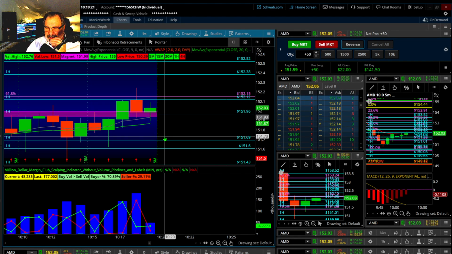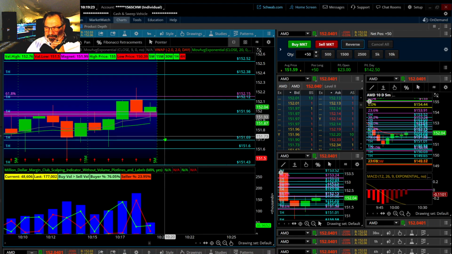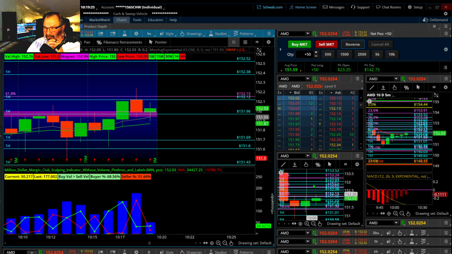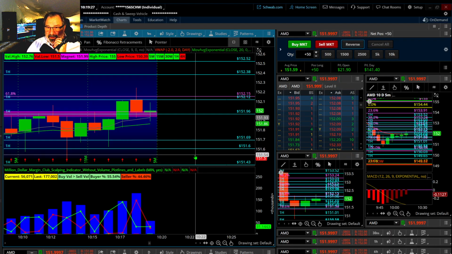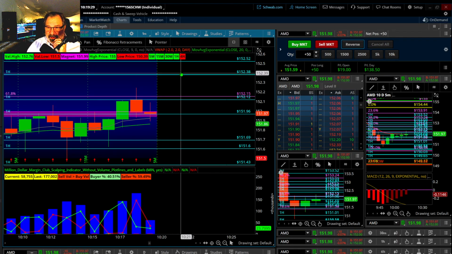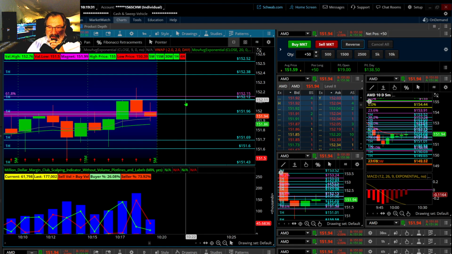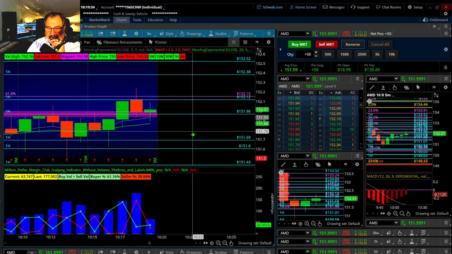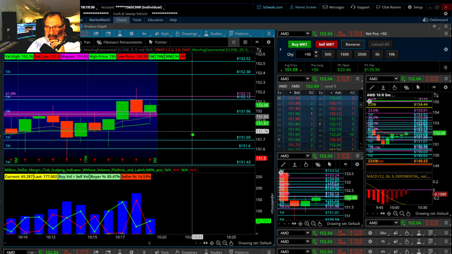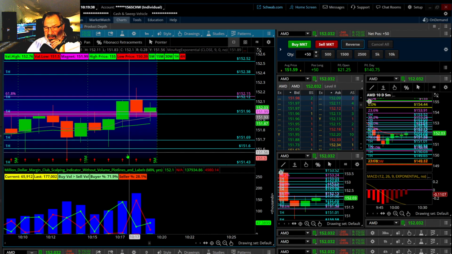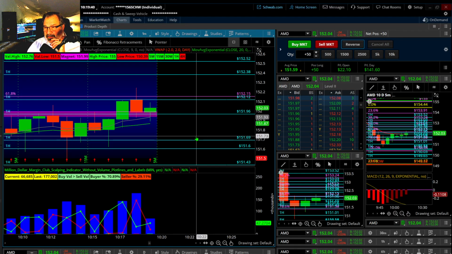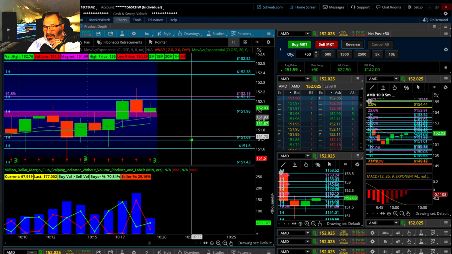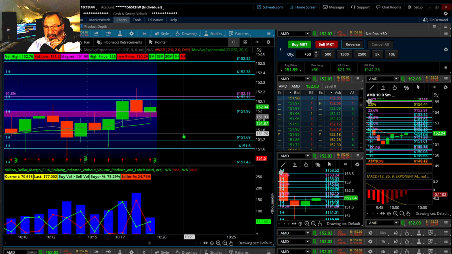Above 152. Everything's green: 15-minute, 5-minute, multi-chart alignment, all the way up to the 4 hours, our first red candle from 4 hours ago. So most traders are going to play this long right now, so that's giving me some backbone to stay in and just trade this a little bit longer.